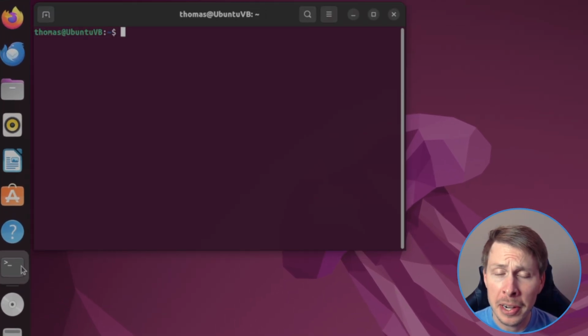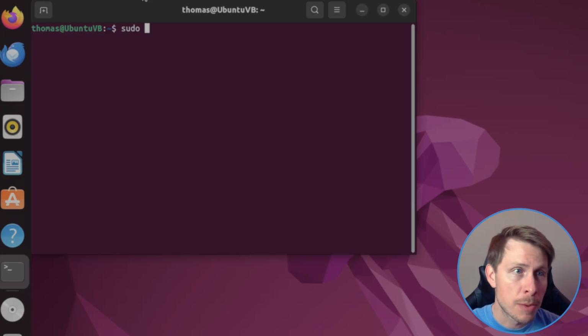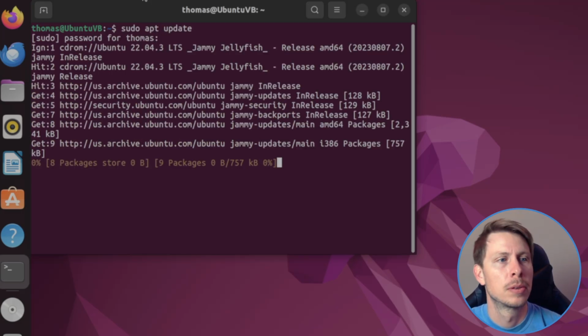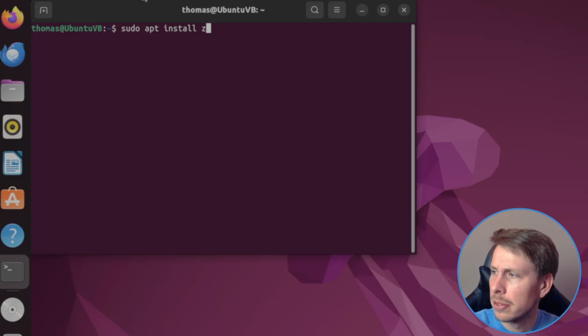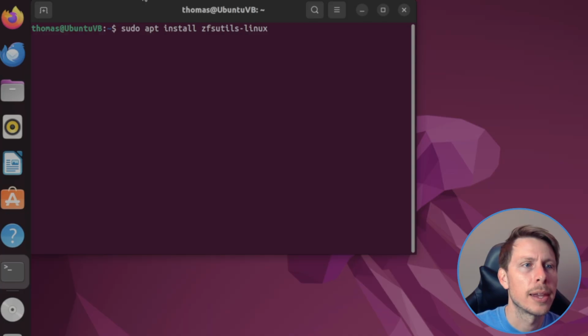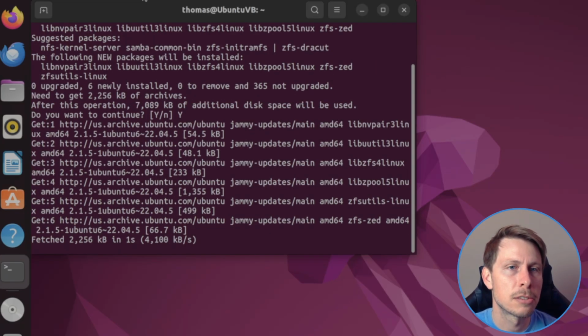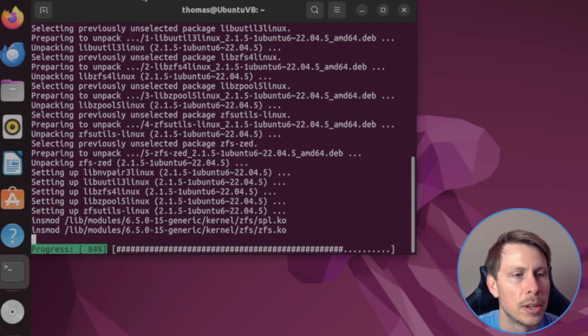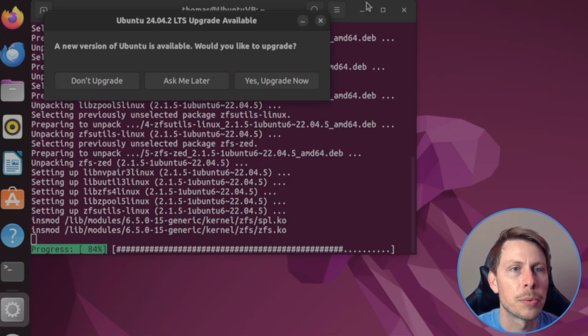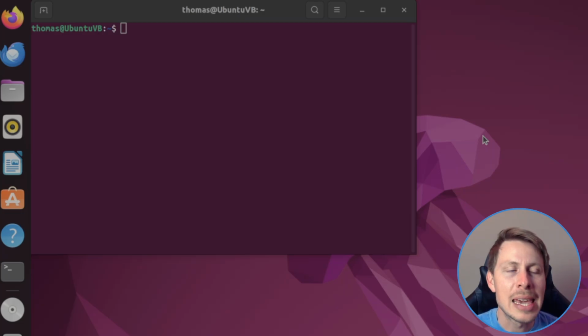Okay, the first thing we're gonna do is update my repositories. Next, we need to install ZFS utils. So zfsutils-linux. Okay, we'll need this to be able to actually interact with a drive that's formatted with ZFS. I'm going to open up the